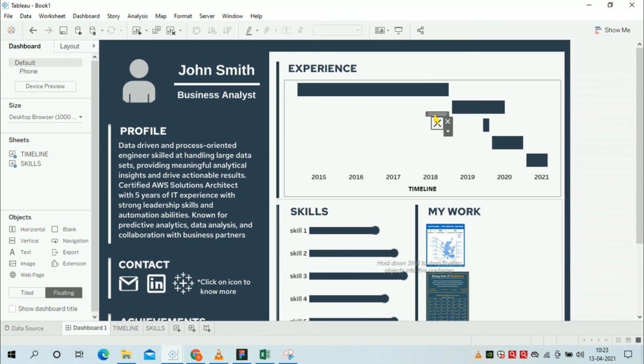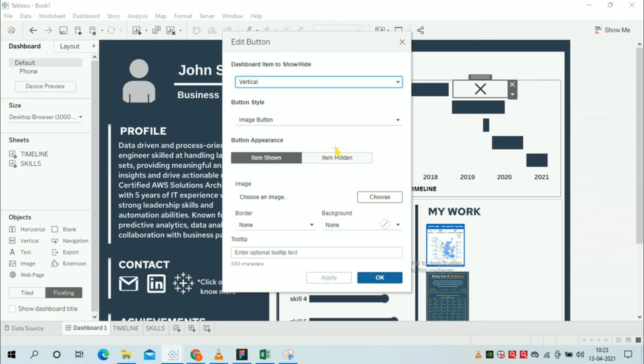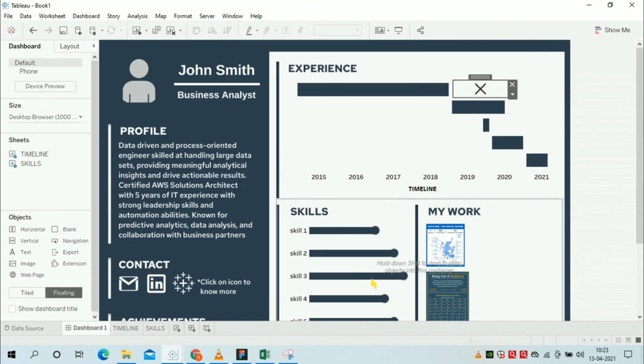Drag it to the experience one. So suppose this is your college experience or company experience, then just use the logo of that college or company. And in items hidden, choose that image. So in my case I am choosing company 1. In your case you can choose whichever company you want.